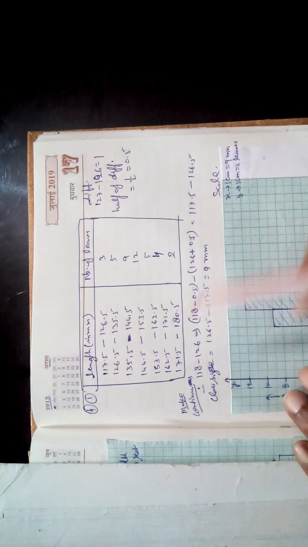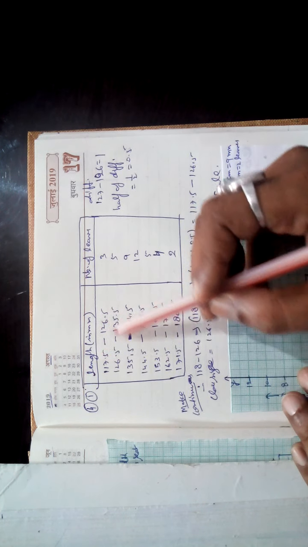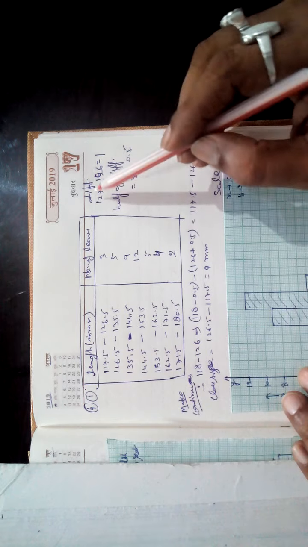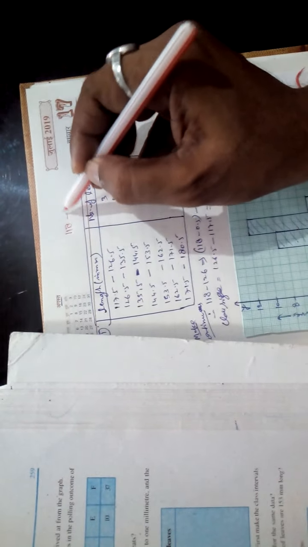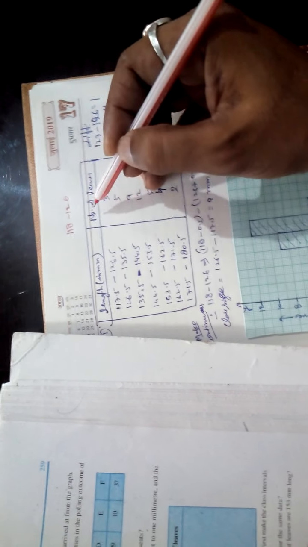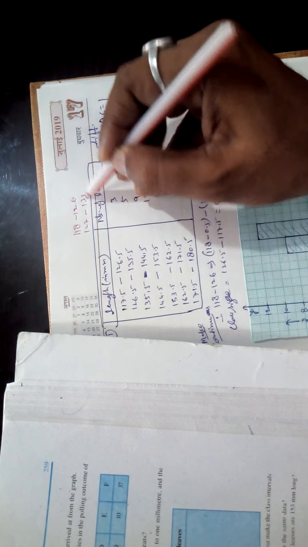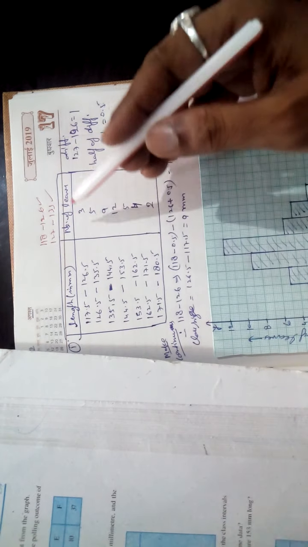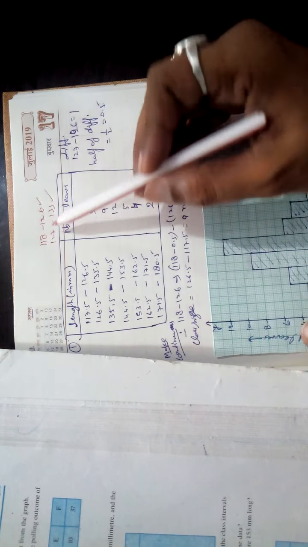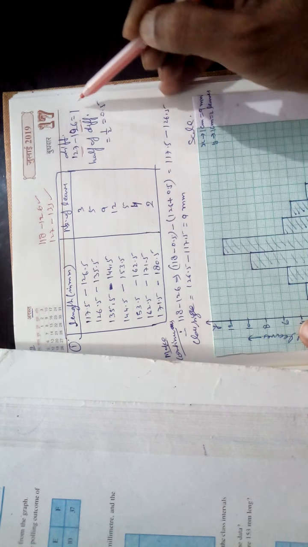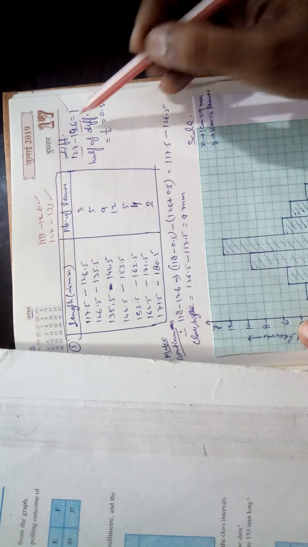So first of all, what is the first part of this question? You will change this table into which? Joint. So what will be your class? It is given 118 to 126. Another is given 127 to 135. It is your first and second class. All have the same size. So what is the difference between 127 and 126? There is a 1. It is the difference.